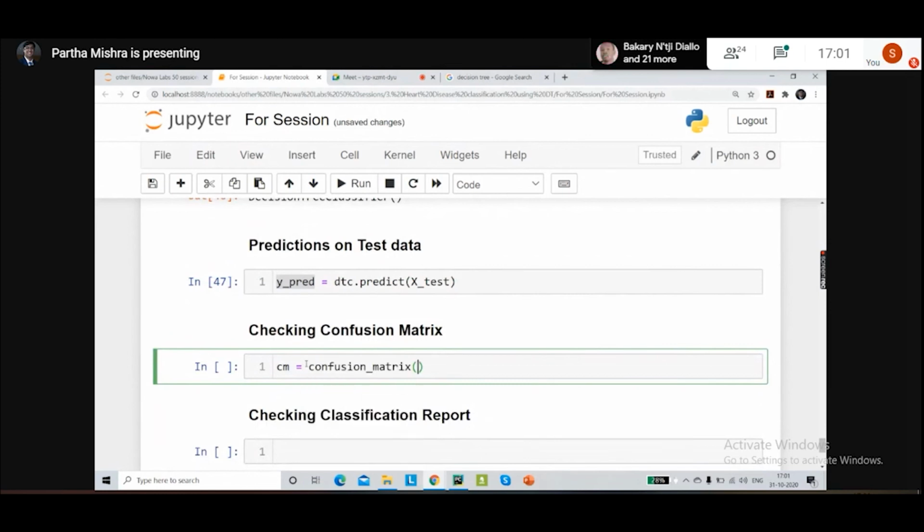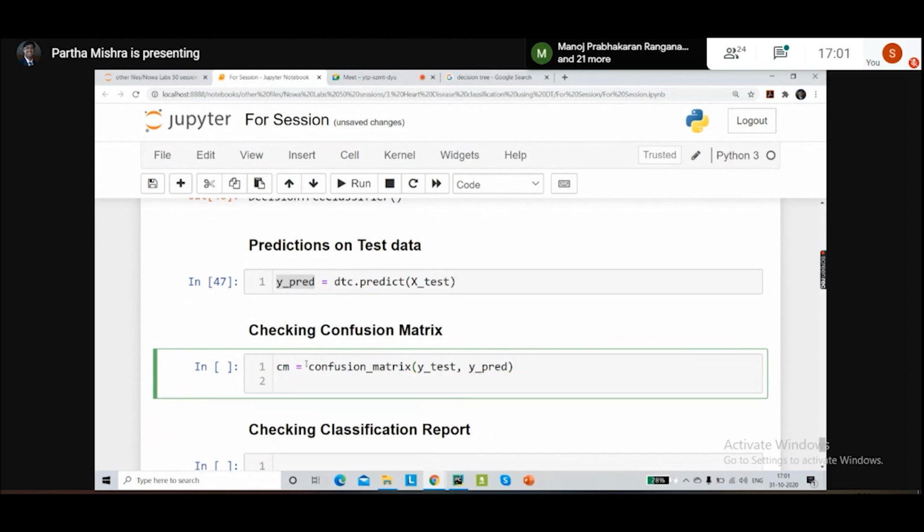Inside the confusion matrix I'm going to pass in the y test and the y pred, that is the y predictions. We are going to compare these two and see for ourselves how well the model has performed.